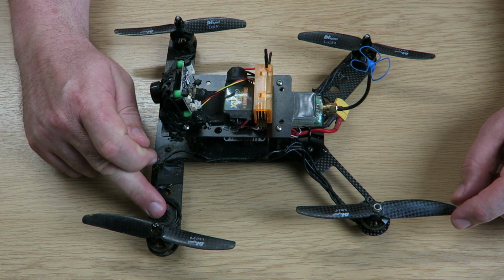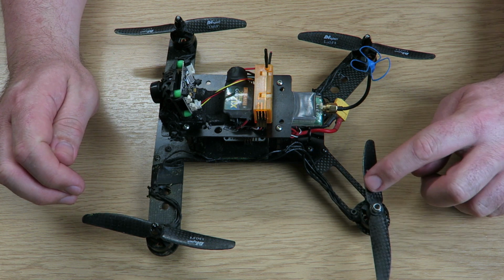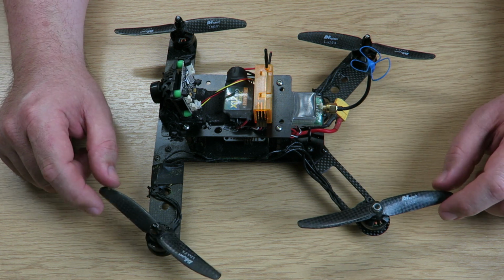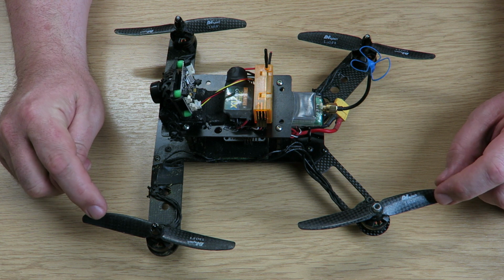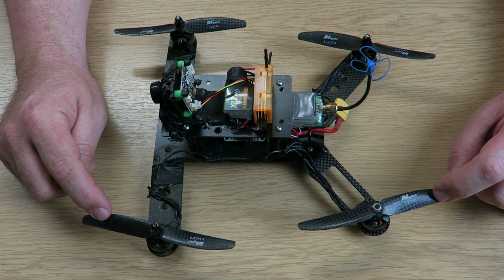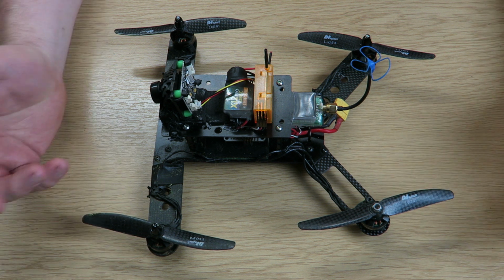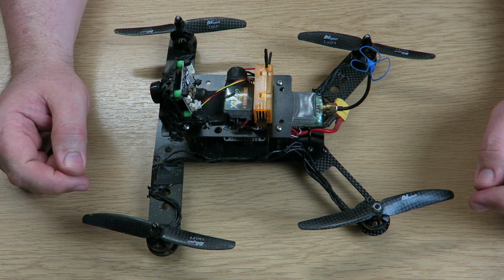I'm running the RCX Hobby 1806, and these are a 2300 kV motor. Now these props do affect your efficiency slightly. They aren't as efficient. The battery does get a little bit warmer, but I was prepared to take a knock on that rather than keep having to change props out at night, bearing in mind that that's what I've been